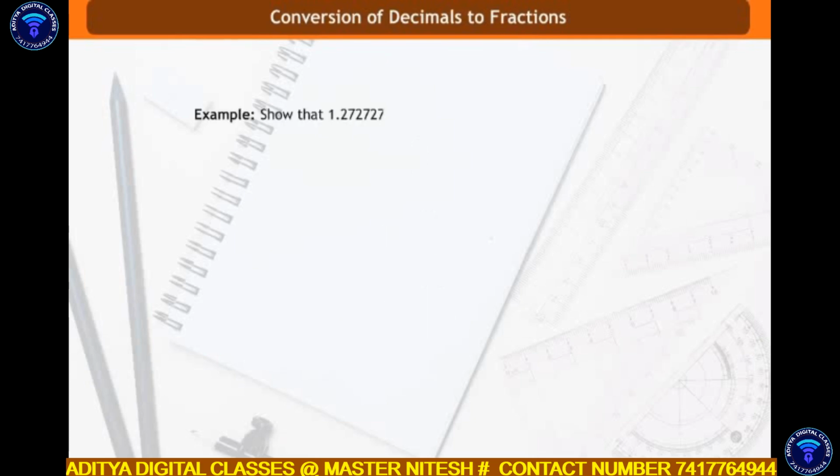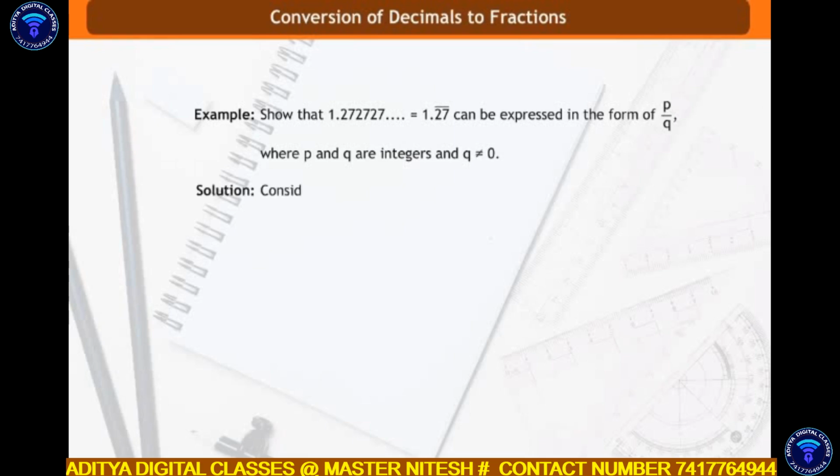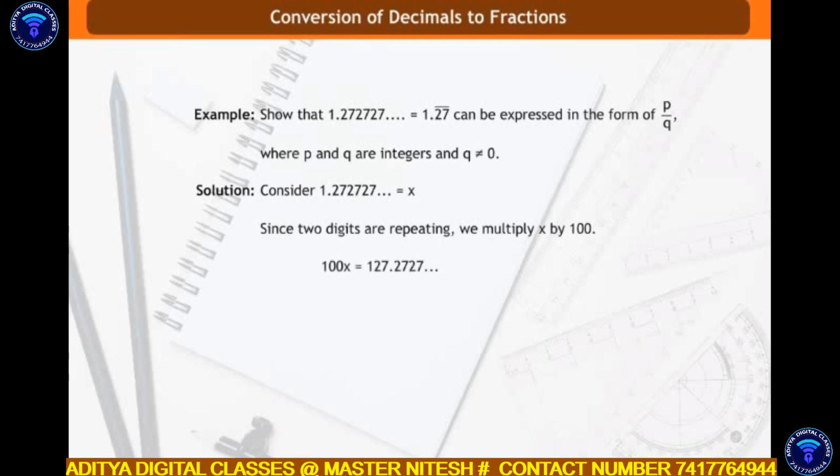Now let us solve the given example. Show that 1.272727 and so on, equal to 1.27 bar, can be expressed in the form of p by q, where p and q are integers and q is not equal to 0. Solution. Consider 1.272727 and so on equal to x. Since two digits are repeating, we multiply x by 100. We get 100x is equal to